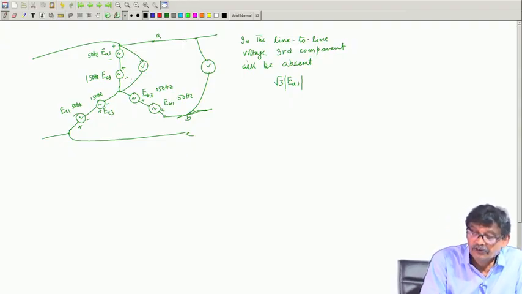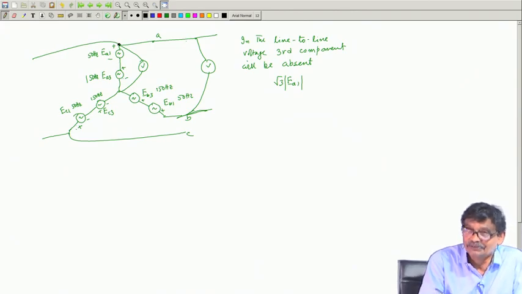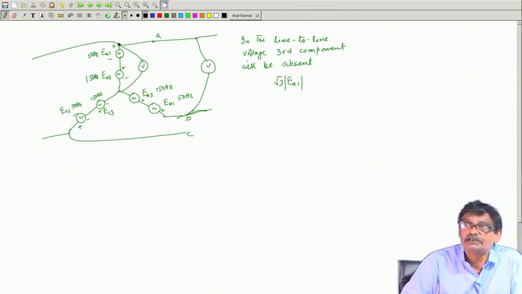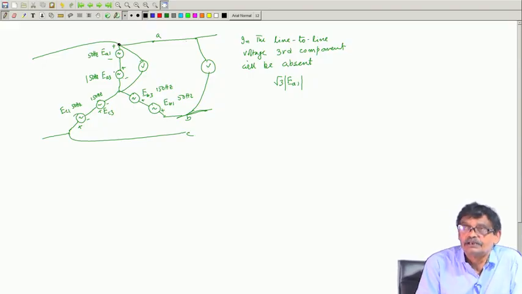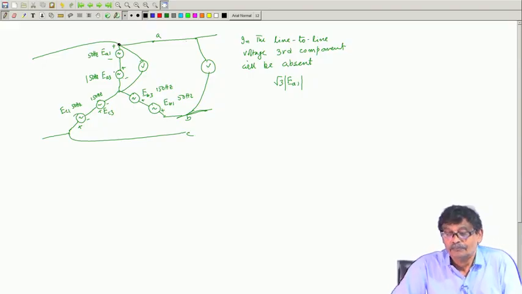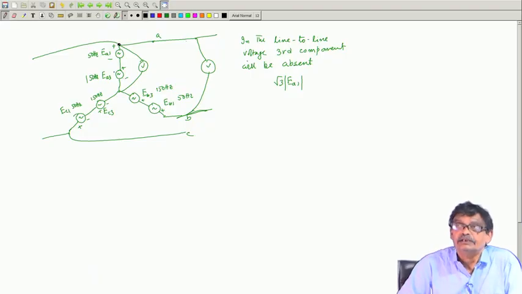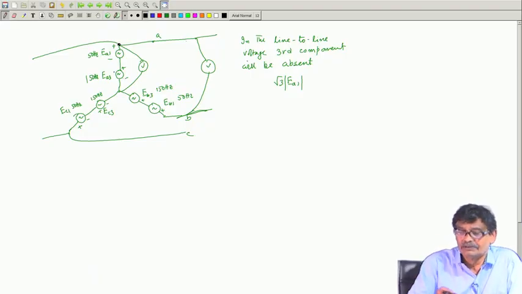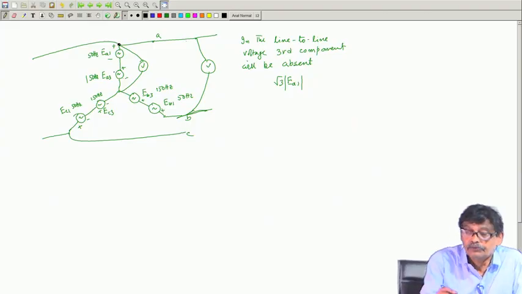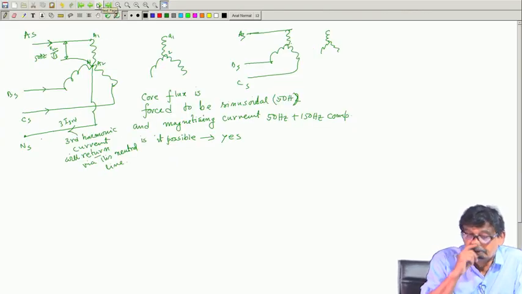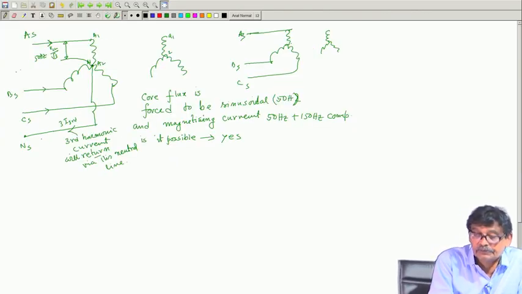Then to avoid this, and therefore, this terminal voltage, what I was telling, the instantaneous value may be 30% higher than the fundamental component of this voltage. That is how the stress upon the insulation comes in. We cannot allow this to happen in general. So, to avoid this, I told you one method: you connect this to the supply neutral. The moment you do this,